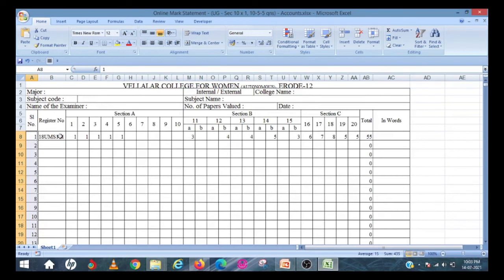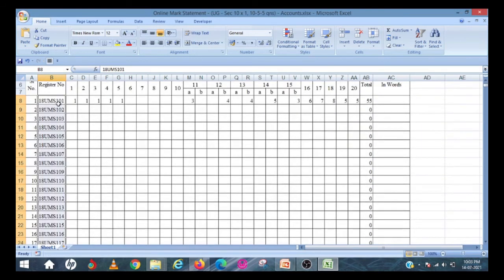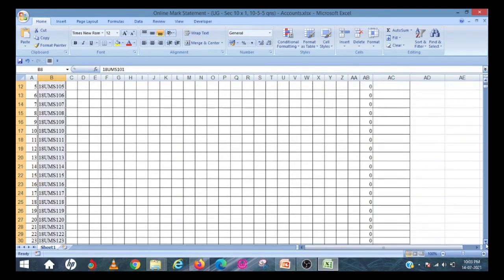Similarly, if the register number is a continuous one, you can also drag it like this. 18 UMS 101, 102, 103. You can drag it like this. Now I want to have more students.